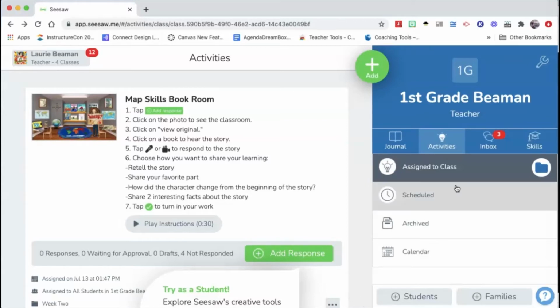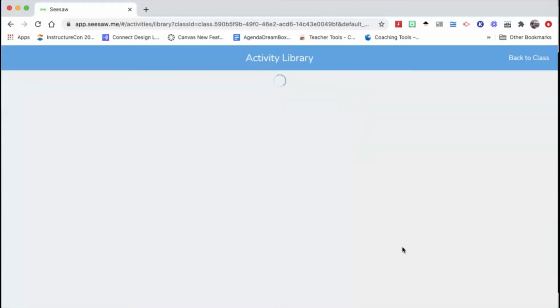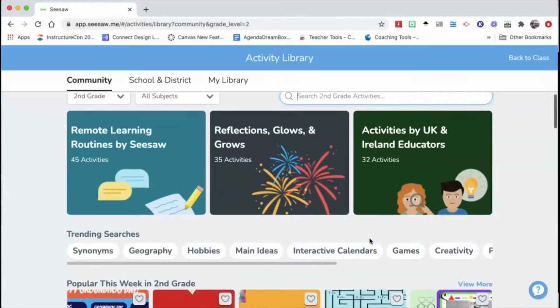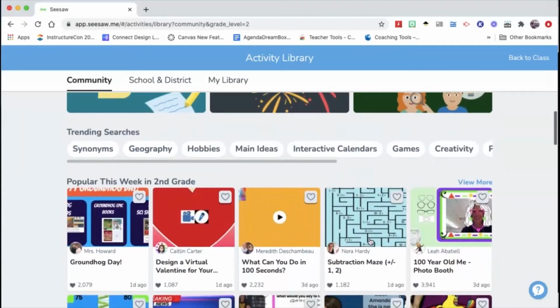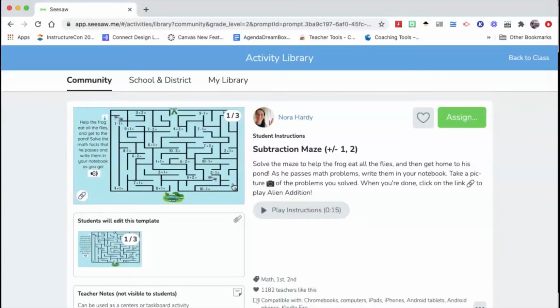To do this, you're going to find the activity that you would like to assign to a group or an individual student, and this might be one you create or one that you pull in from the activity library. This is from my sample first grade class, and I think that there are a few students who would really benefit from some enrichment in a second grade activity. So I've searched the second grade activities. I've found one that looks great for this subset of students, and I'm going to make any modifications that I need